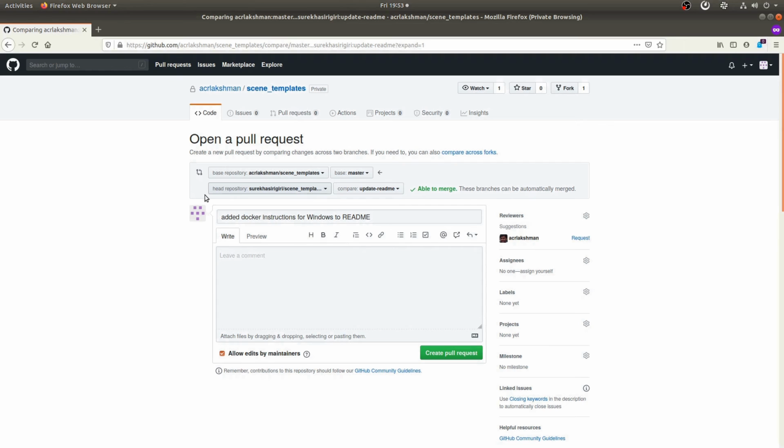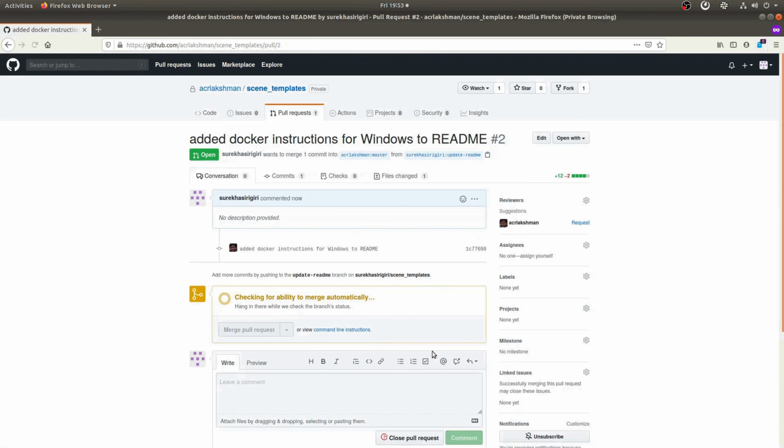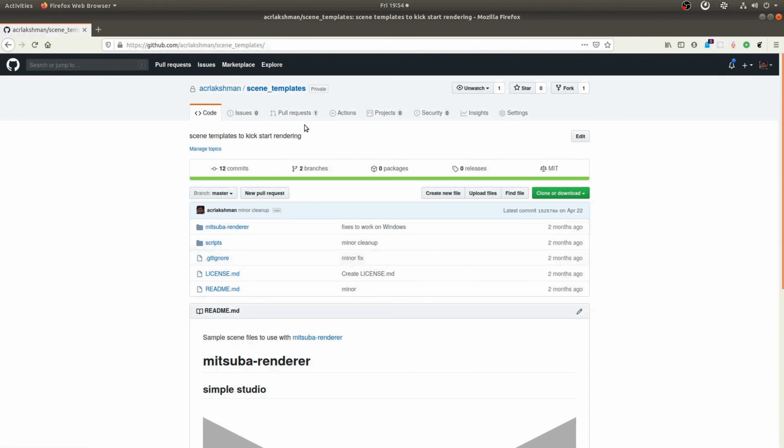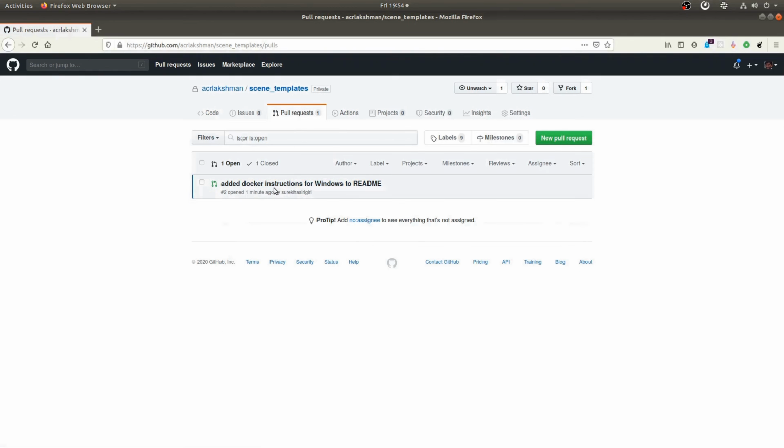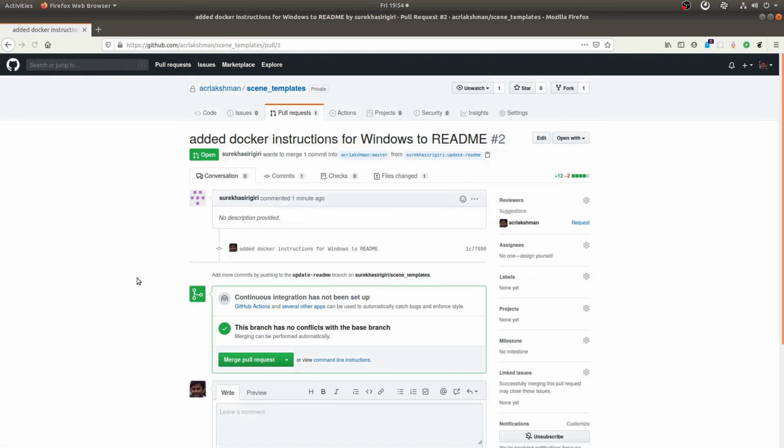Here it is going to create a pull request, which creates a patch based on my changes to the local branch to the parent repository. Click this create pull request button. That is all. Now I switched back to my account. I have a new pull request. I will be going there to review and approve it.